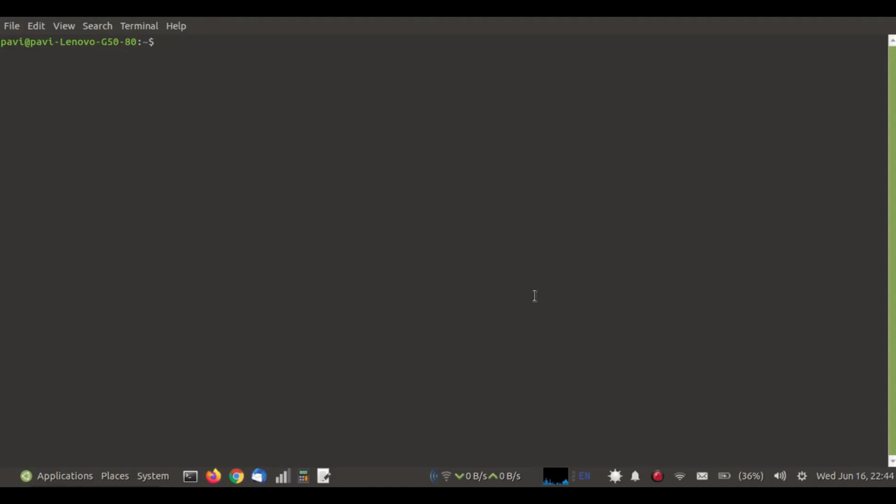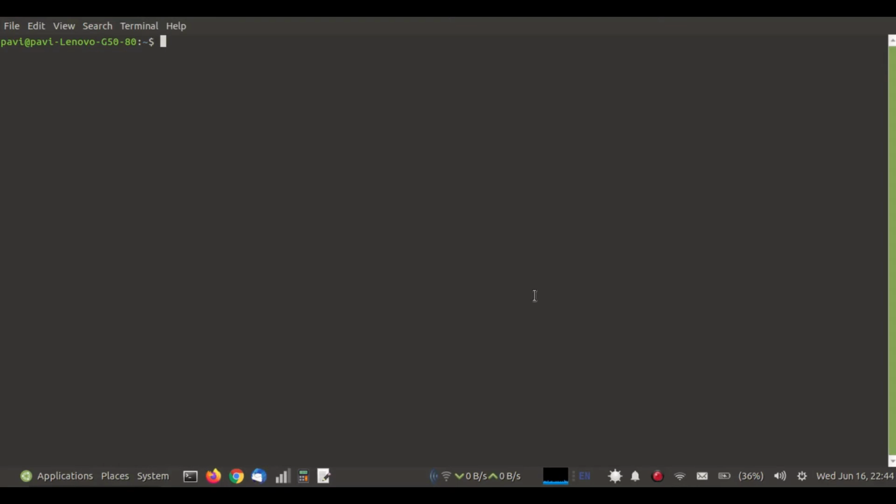Hello friends, today I am going to show you how you can log in as a root user into your FTP server. But before I start, I would like to tell you using root user for your FTP server is not a very good practice and you must not use this on your production server. You can try this on your local system.